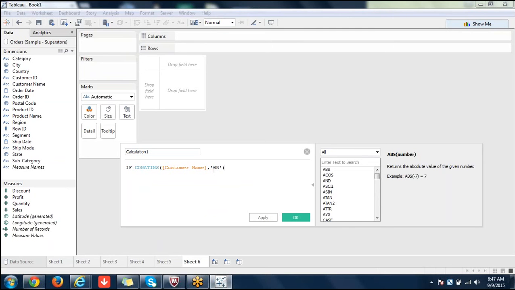So if it contains OR, then let's name this as test, and we'll display some string called first. Else if, and you want to give some other condition here, so go ahead and change it.